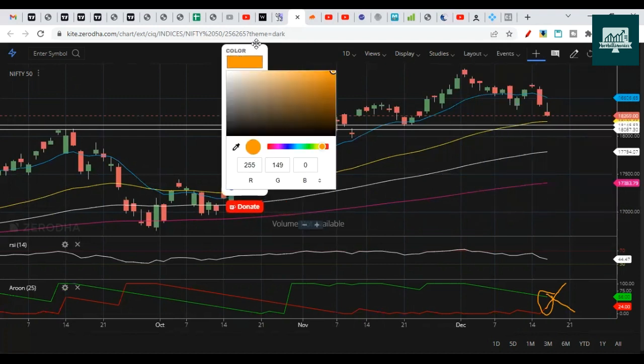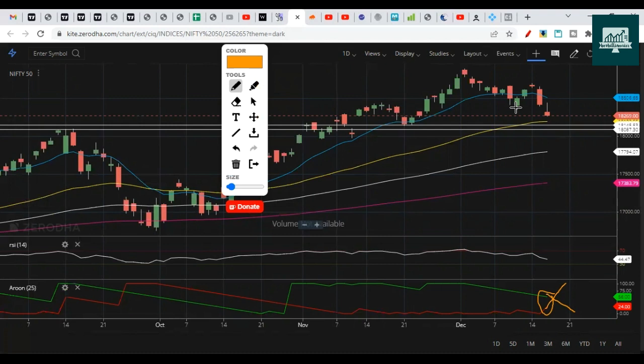Apart from that, we also talked that Nifty could pull back towards the 13 EMA and then drop towards the 48 EMA. So this yellow line is the 48 EMA, this white line is the 100 EMA, and this pink line is the 200 EMA. I'm suspecting Nifty is dropping towards this 200 EMA, and this blue arrow is the 13 EMA. So these are short-term moving averages, 13 EMA and 48 EMA, and 100 and 200 are long-term moving averages.